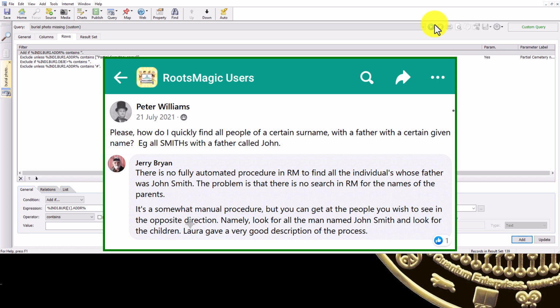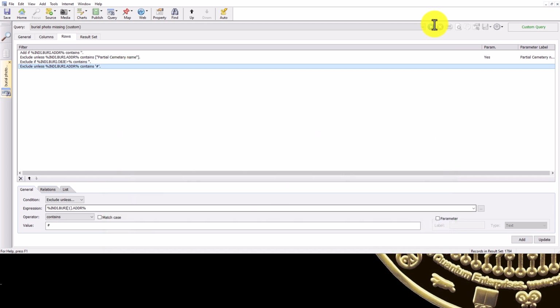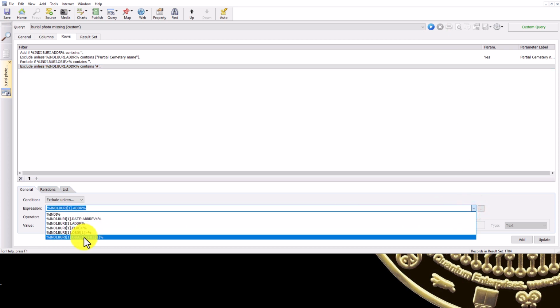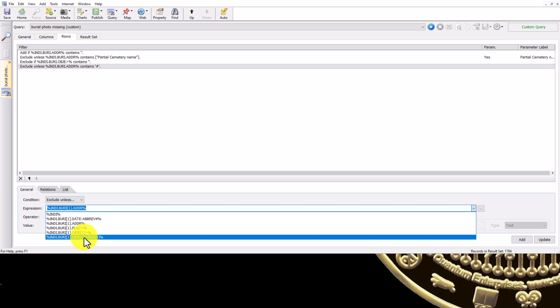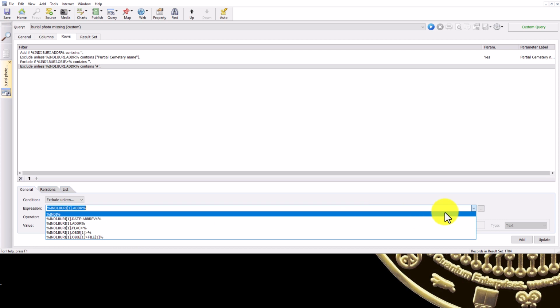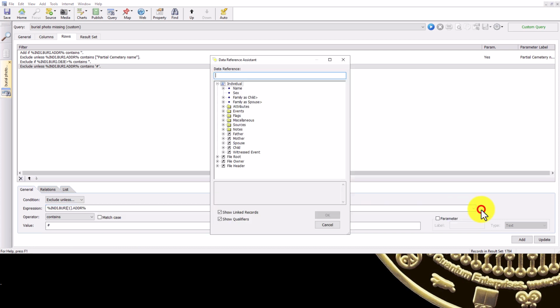Parentage can't be searched on or reported, and it's been long asked for. We can see here from this user asking exactly that question. So let's expand on that. So far I've demonstrated to you in the rows using the drop down. These are actually fields that you have on the column setup. Whatever way you have set your columns up for your report, you can actually click the three dots at the end here. So I'm going to do father, name, given,